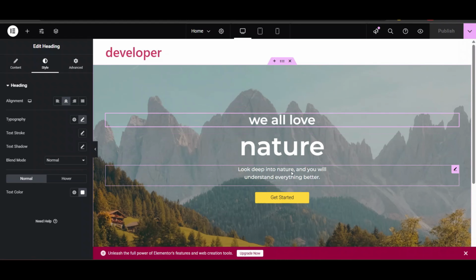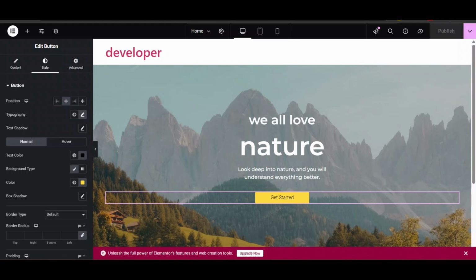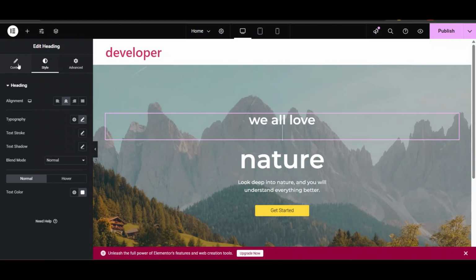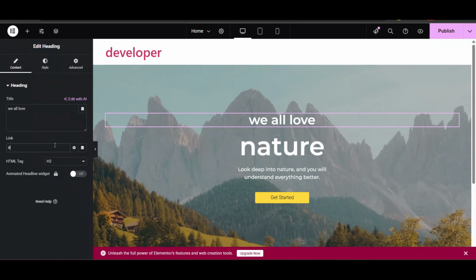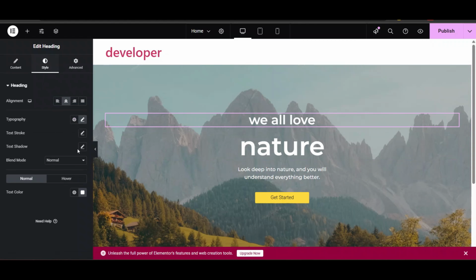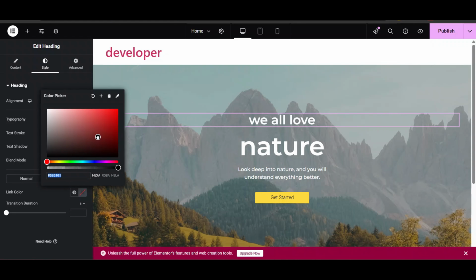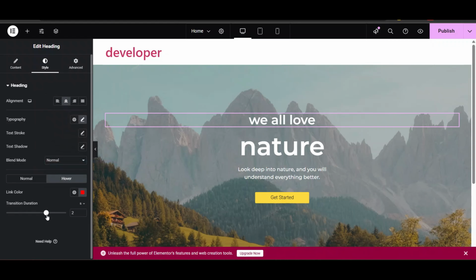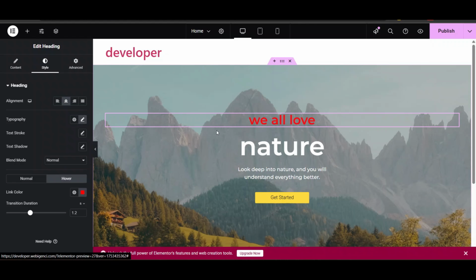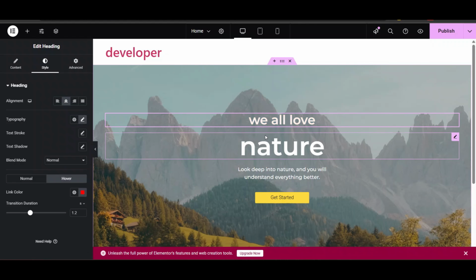Like you can style text, button, and add a font family. If you want to add a link to this text only, you can add the link directly from here. When someone clicks on it, this is simple text and this is a link. And if someone clicks on it, it should show a hover effect. You can add a hover effect from here, like transforming into something. Or you can change the transition duration, so it will not happen instantly, it will happen slowly. So these are some styling options that you need to go through by yourself.